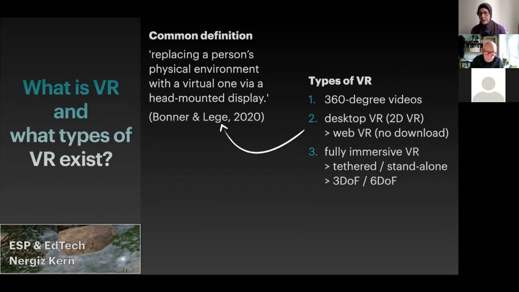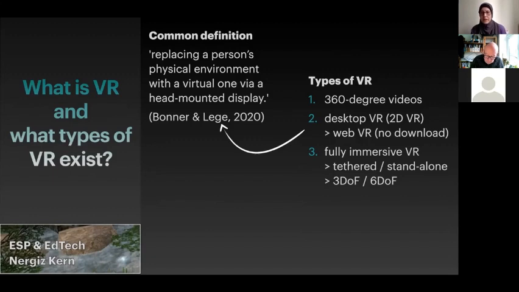And another type of desktop VR is web VR. And the difference here is that for desktop VR, you need to download the app onto your computer, but web VR is browser-based, so there is no download, which makes it great also if you're starting out with virtual reality, to provide easy access for students.